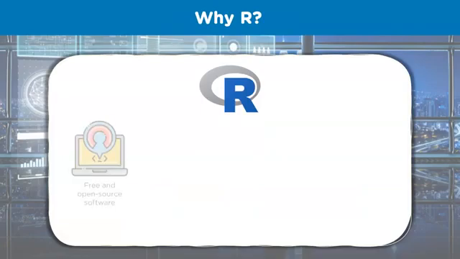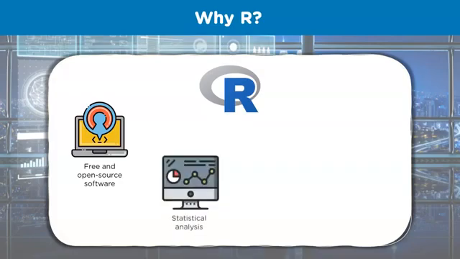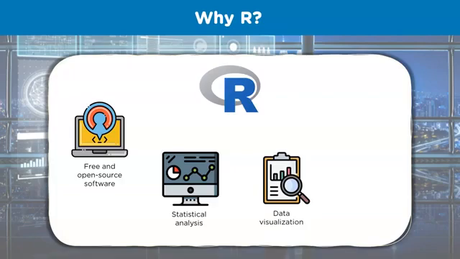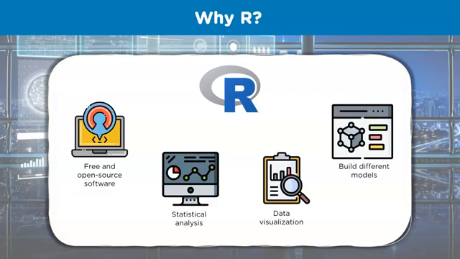So why R? Well, R is a free and open source software that can be downloaded from the R CRAN website. It is easy to learn and use. The R language is built specifically for performing statistical analysis, data manipulation, and data mining using packages such as plyr, dplyr, tidyr, and lubridate. R supports data visualization with the help of packages such as ggplot, googleVis, RColorBrewer, Leaflet, and ggmap. And finally, the R software can be used in a wide range of analytical modeling including classical statistical tests, linear and nonlinear modeling, data clustering, time series analysis, and more.